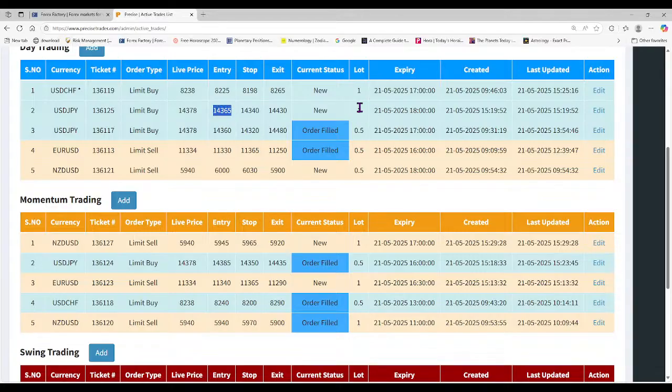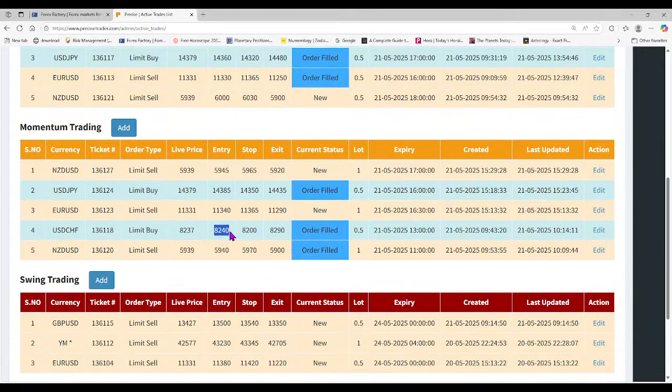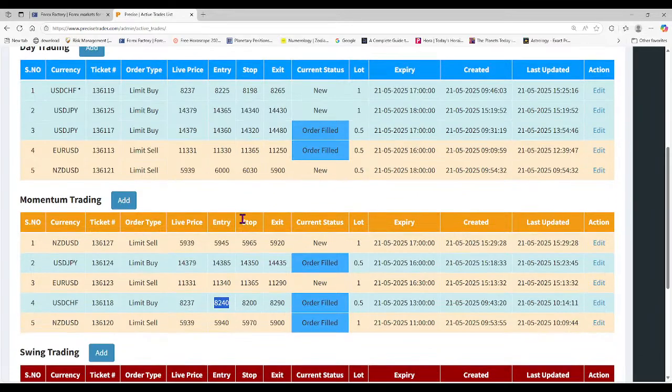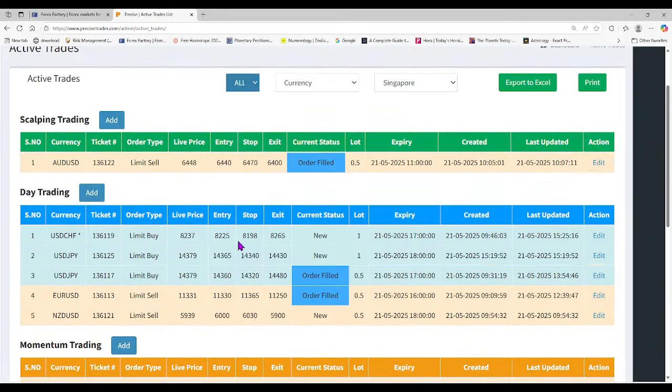43.65, and this is one lot. So we are going for a total of one and a half, another half, two lots at this low, because we feel that this low is being seen, and we wait for this market to turn up. Then dollar Swiss, we went long in the morning at 82.40, and now we are trying to go for another buy at 82.25, and this round is one lot. Our target is 82.65.